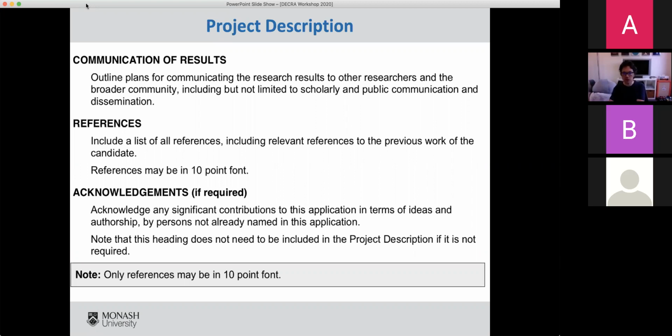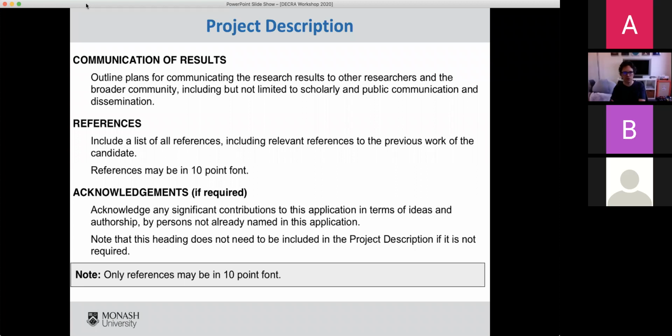And then there's the opportunity for an acknowledgement section here. I don't know quite the extent to which this will have an impact in DECRA, but I have seen detailed assessors say positive things about the use of an acknowledgement section in a discovery project application. And so you might use the acknowledgement section to your advantage, potentially.